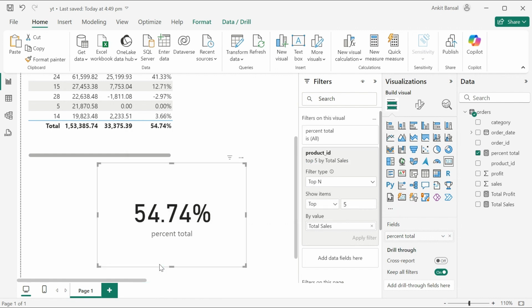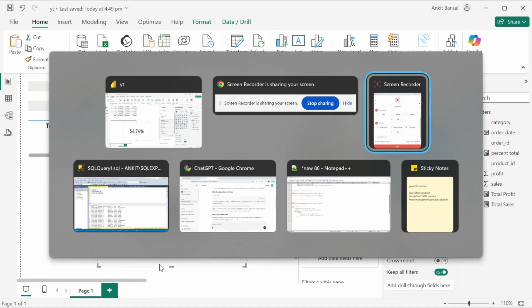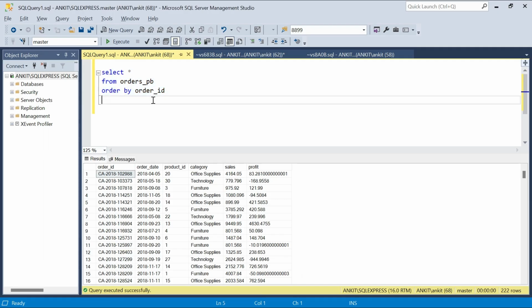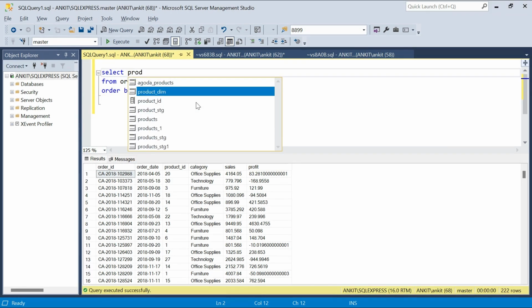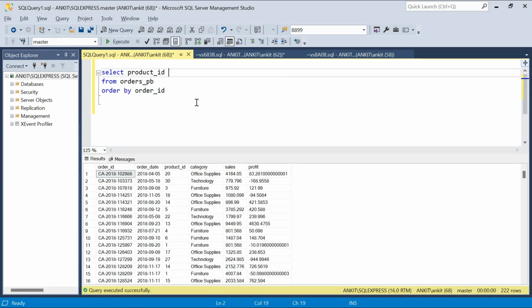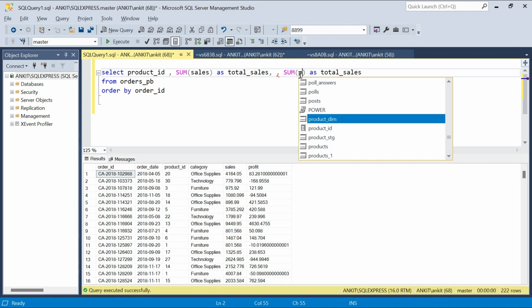Before we solve it using DAX, I want to solve it in SQL, so that the same intuition, same logic, we can apply in DAX. That is the agenda of these DAX tutorials. If I want to get the top five products, first I need to get the sales at product ID level. So I'll say product ID, comma, sum of sales as total sales, and let's get the total profit as well because that is what I need. So sum of profit,